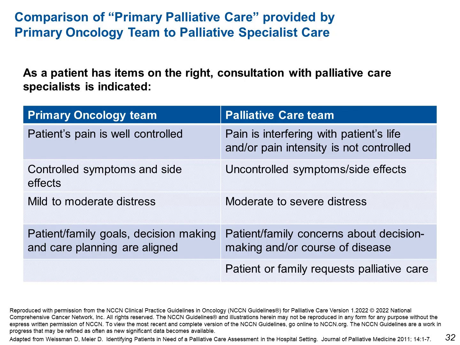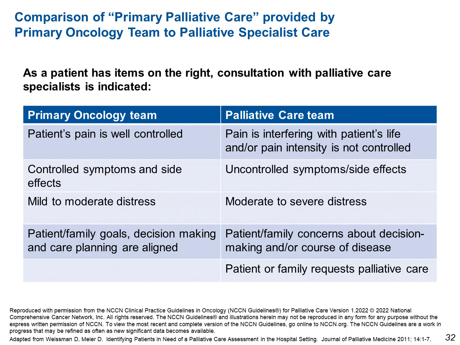Mild to moderate distress can usually be managed by the primary oncology team. For moderate to severe distress, the palliative care team would help. If patient and family goals, decision-making, and care planning are all aligned, the primary oncology team can continue to provide palliative care. You need specialists if there are concerns about decision-making and/or the course of disease, or at any point that the patient or